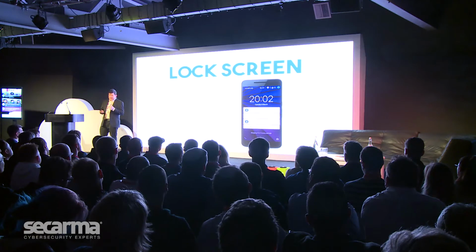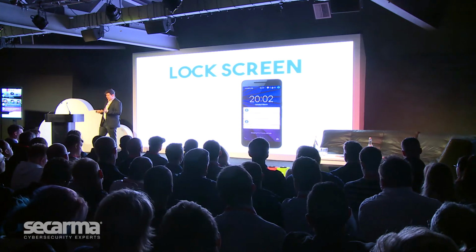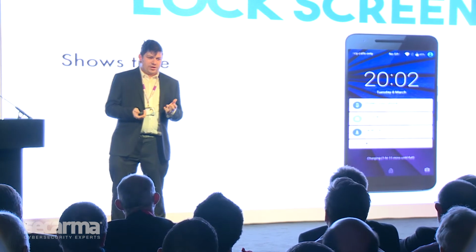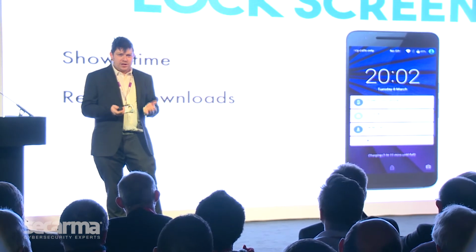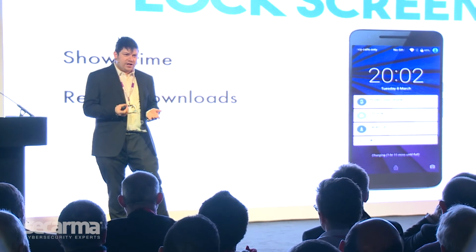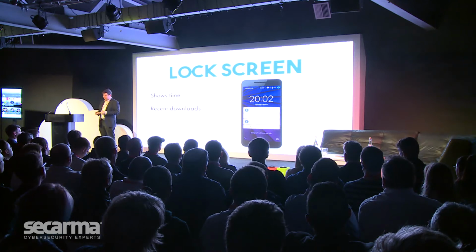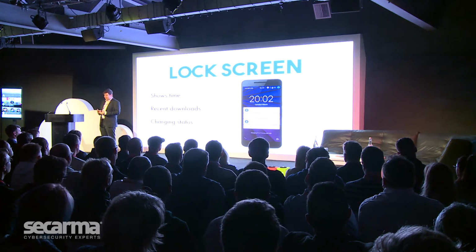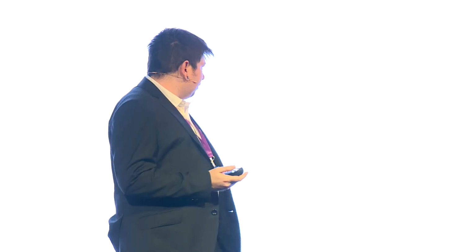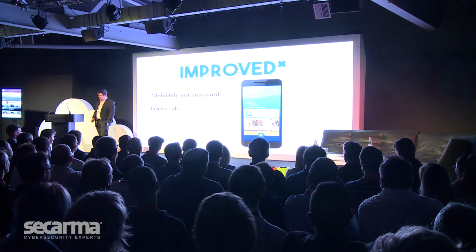One thing I mentioned earlier is that the application wants to control access to the screen lock. This is a standard Android screen lock, so it shows the date and time. It shows details of any files I've downloaded, and it also shows the charging status of the device. So if you've used Android before, you probably recognize this as a standard Android lock screen. And one of the brilliant things that Flash Keyboard did, it improved my lock screen for me, which was great. And when I say improved, it definitely didn't improve the lock screen. What it did was put adverts on the device.